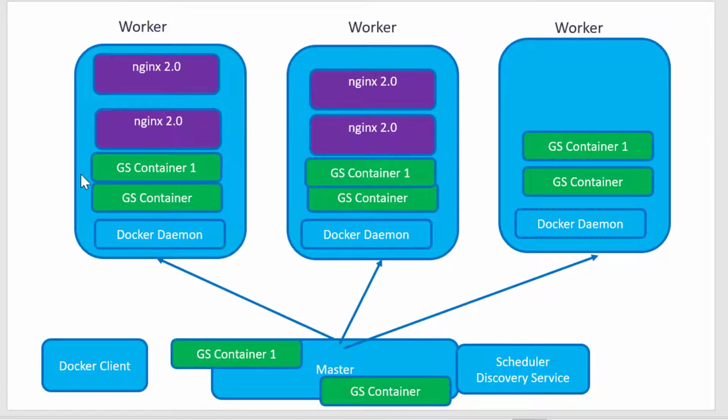So a global service is going to start 1 container per node for that specific service. The main purpose of this type of service is to deploy services for monitoring or logging for any applications, or even for infrastructure monitoring and logging. Every node will have that specific container and it does the job of monitoring as well as sending out the logs to some third-party analysis tools. A very good example is Prometheus.